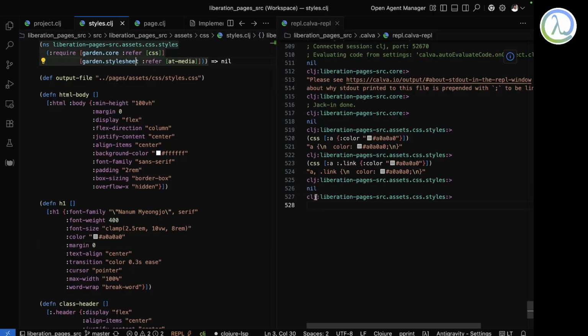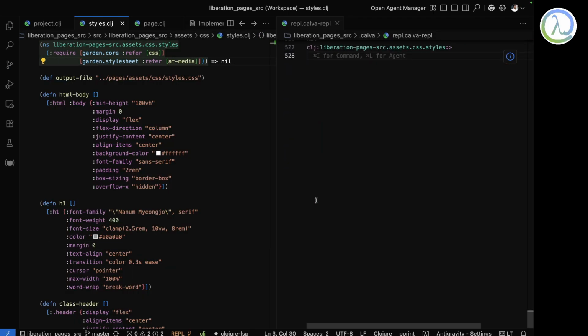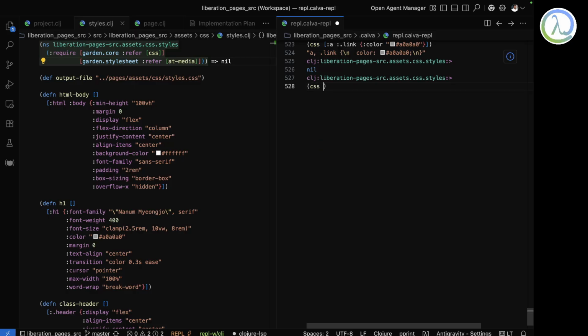Maybe we can do something like CSS, a link color. What it means is, if it's an anchor tag and the class is dot link, maybe I need to put a println over here. So I'll just put a println.